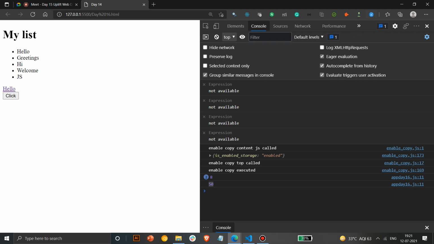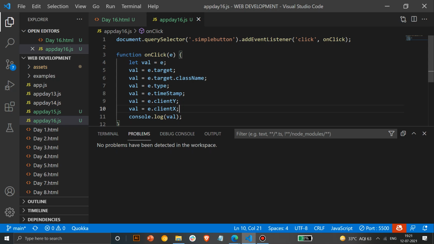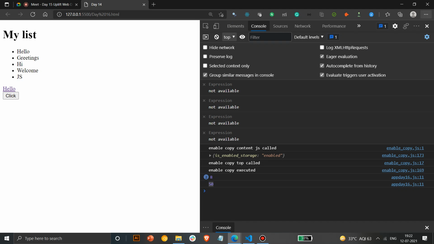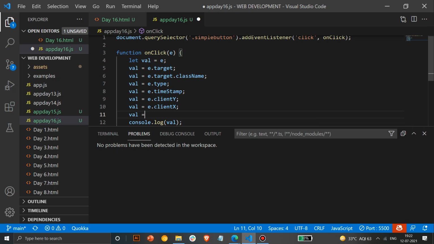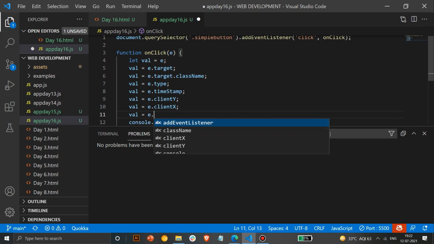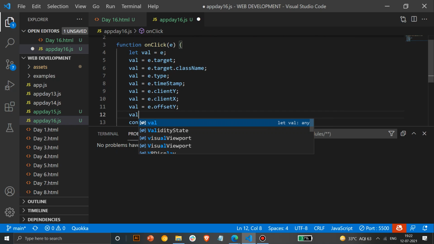But there's something called offset, other than this clientX, clientY, which takes values from the window. Whatever window we have, this is the HTML window, it takes values from the window. What offset does is it takes values directly from the element. So it will consider the element as an origin and take values from that. So this is more convenient and more useful when you have to do certain operations or certain processes. This will be really helpful when you have to perform anything like that specifically.